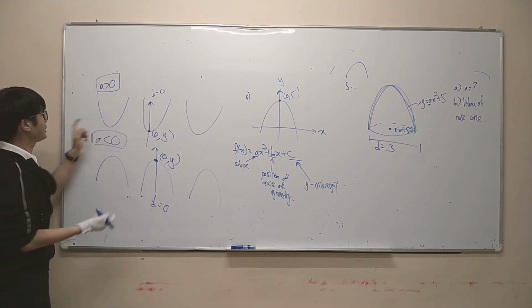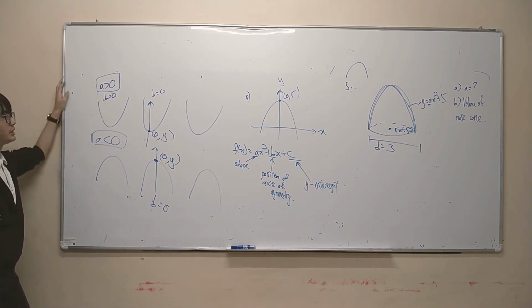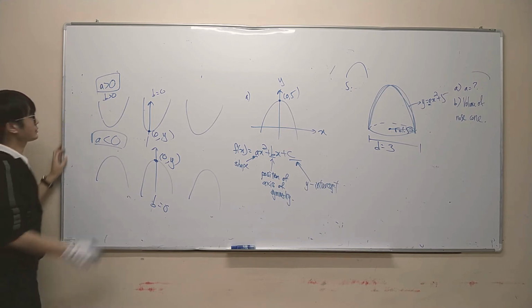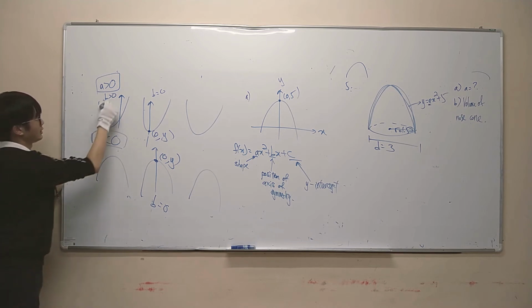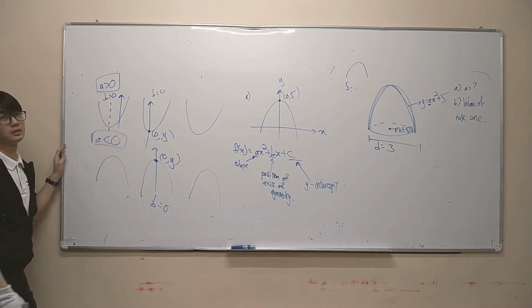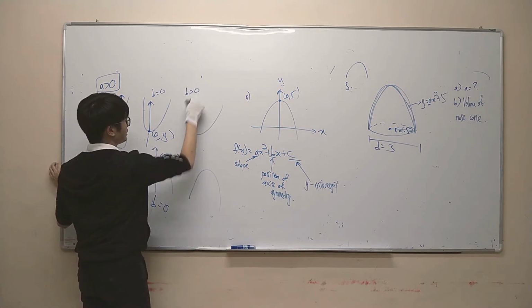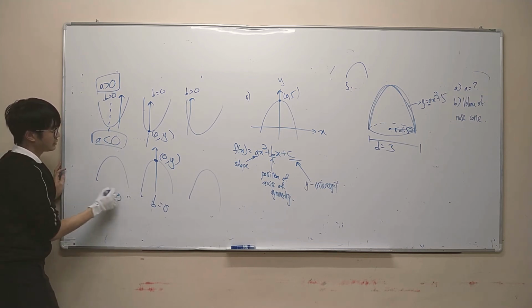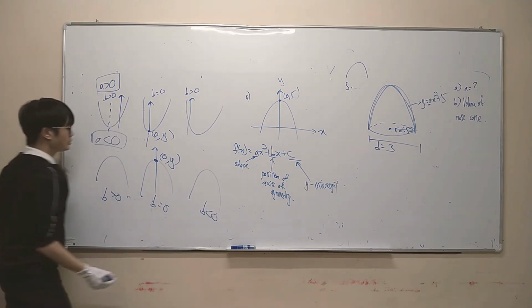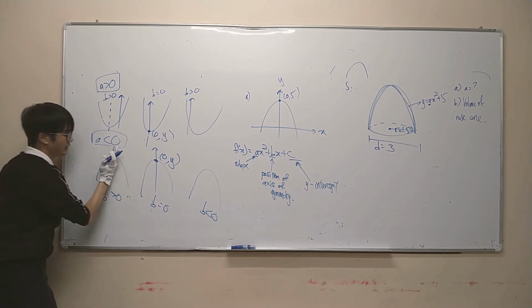What about this one? What if your b is bigger than 0? Then it will be on the left of the y-axis. It will be like this. The axis of symmetry will be on the left. If the b is smaller than 0, it will be on the right. And here also the same. If it's an N-shaped curve and the b is bigger than 0, the y-axis will be